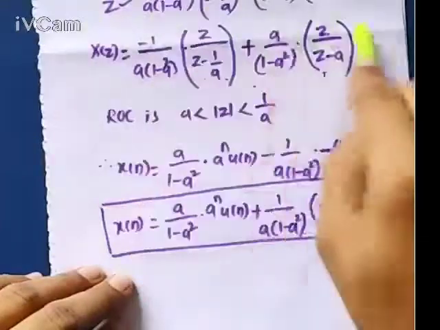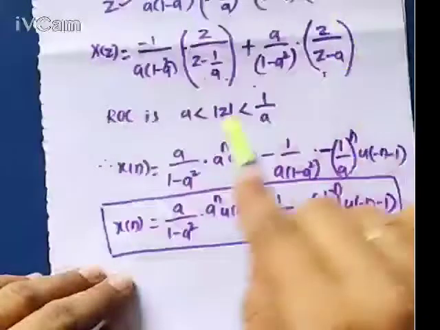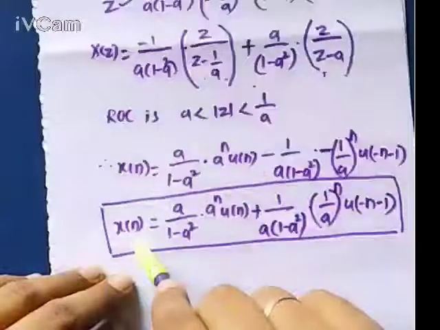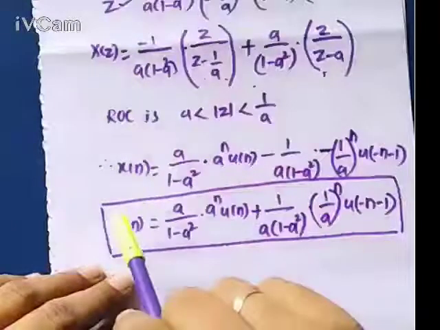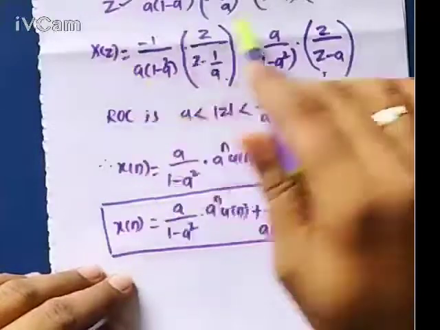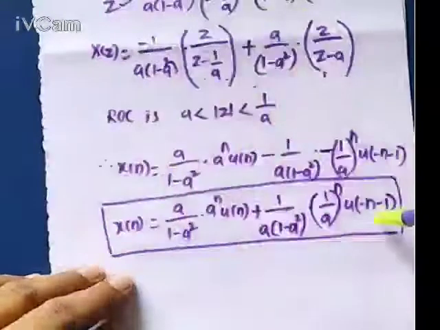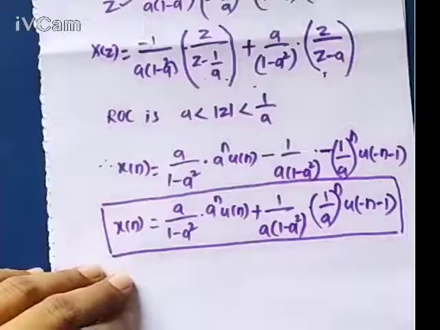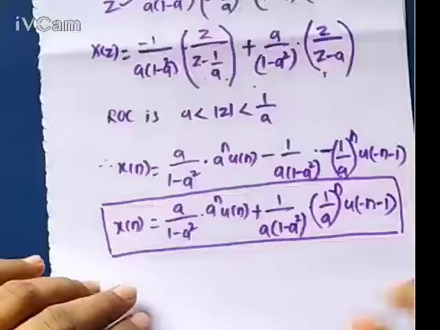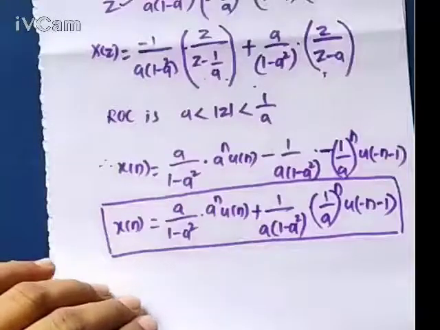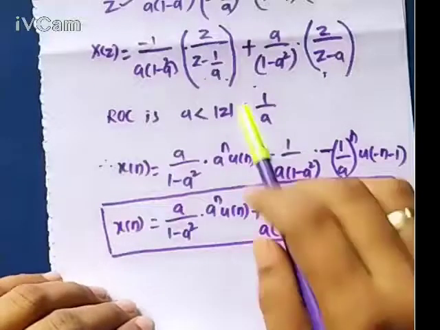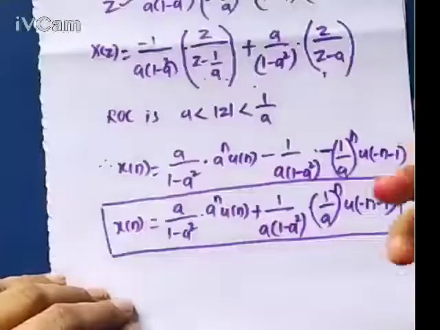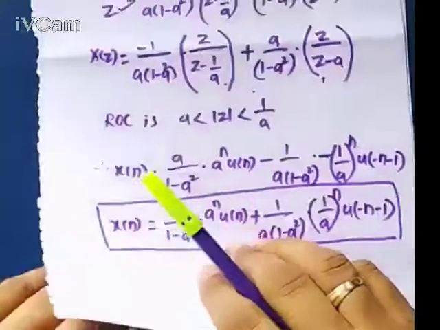So I will give the x of z here in this form, and I will give the ROC like this, and I may ask you to identify what will be the x of n for the given x of z. Okay, so I can generate one MCQ here. So in that sense you will get a question. So you may not be asked to derive and solve the complete problem. Only thing, I will directly give this one and I will ask you to calculate x of n out of it. Okay, so that could be a possibility.